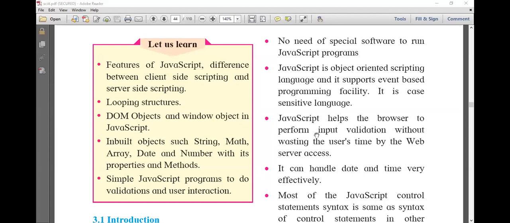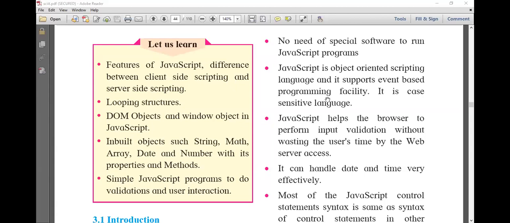And this condition we are not using in a function. We execute a function just by giving the name of the function. But in looping structures, we are repeating the task till the condition gets satisfied. That is called a loop. So this is the difference between a loop and a function. We will study the for loop in JavaScript, and one more structure is there, that is the switch, which we are going to study.